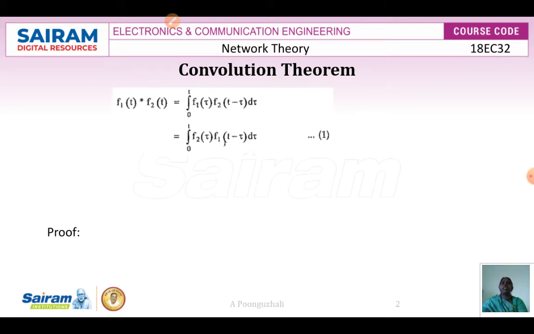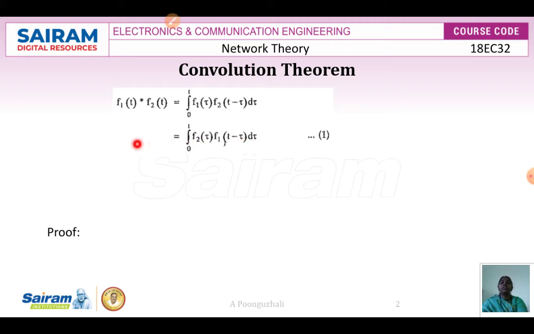So here we are going to take two signals, f1 of t and f2 of t, and these two signals are going to be convoluted. So when it is convoluted, we can write f1 of t convoluted f2 of t is equivalent to integral 0 to t f1 of tau, the first function, into the second signal, which is time shifted by some value, that is t minus tau. So we write it as f2 of t minus tau into d tau. Or the other way around, I can take the other signal to be f2 of tau and f1 of t minus tau into d tau.